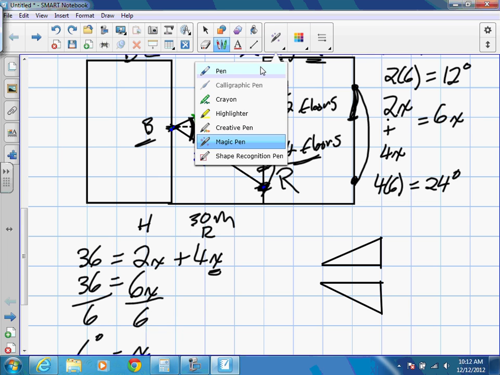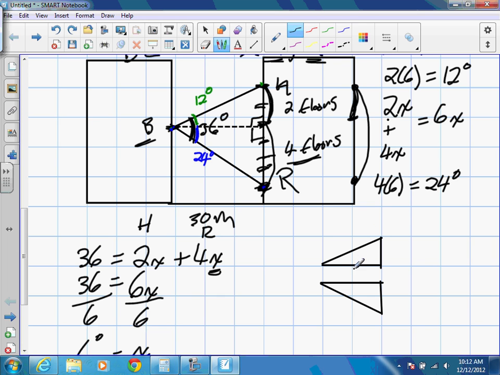They're both 30 along here. Okay, so both of these is 30. This one is 12. This one is 24 degrees. Okay, we actually have to figure out the entire distance from Rye to High. We want to know how far apart they live from each other. So in other words, this is our x. We've got to figure out this distance here. That would be